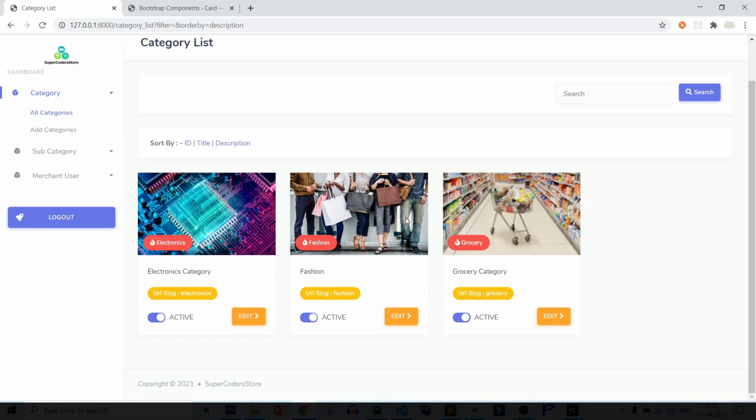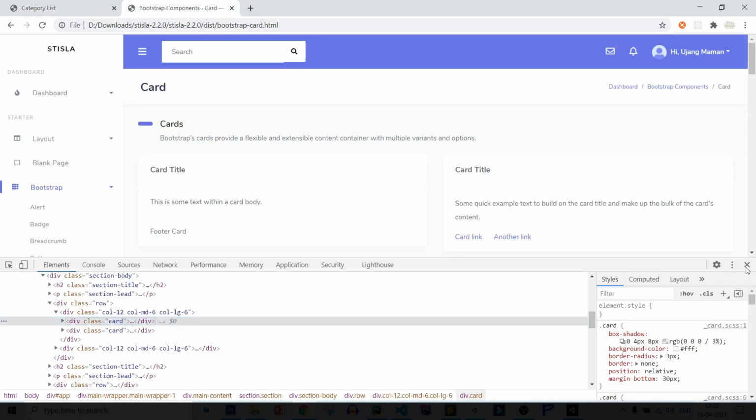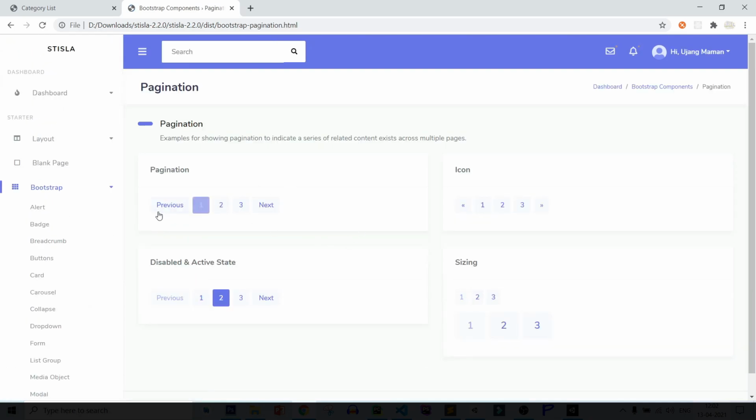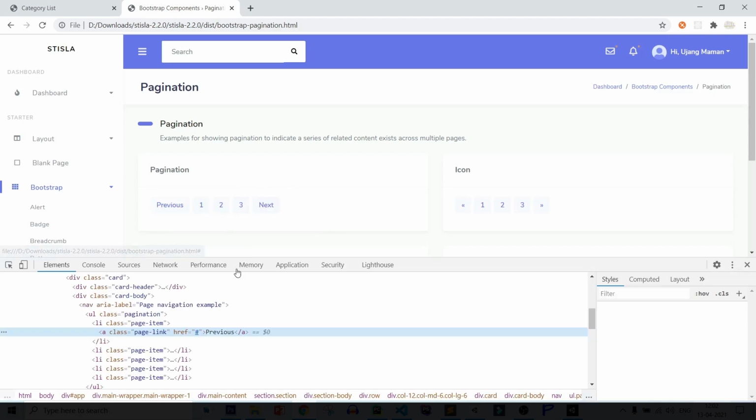Now after that next feature is pagination. So let's add pagination in our project. So this is very important part. After that let's see how you can add pagination. So for pagination, let's see a navbar. So let's see, open it, page listener. You can see this is a pagination menu. So just copy it for now. Inspect, copy.